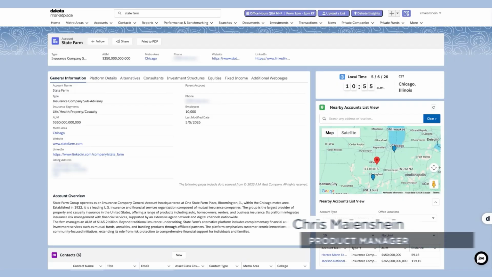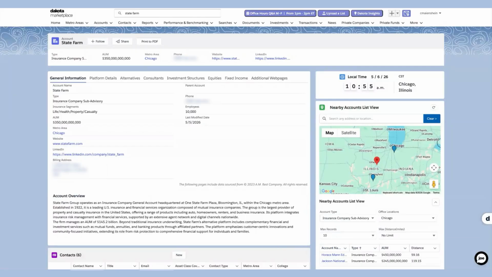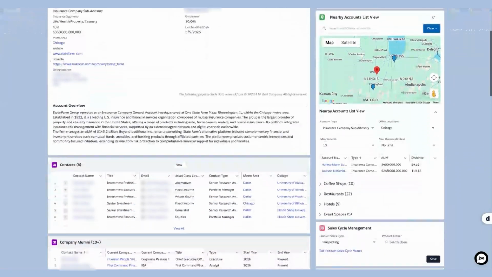Hey everyone, wanted to record this quick demo highlighting the insurance company accounts and the parent and child account relationships. As you might have seen, the child account information is now live on the parent account page. So using State Farm as an example here, when I scroll down,